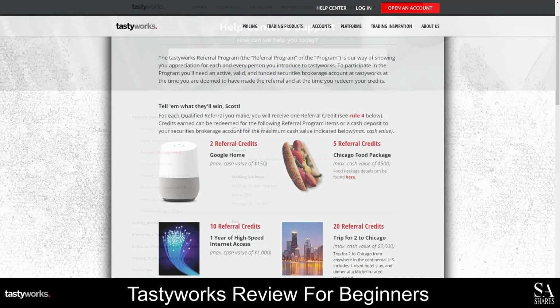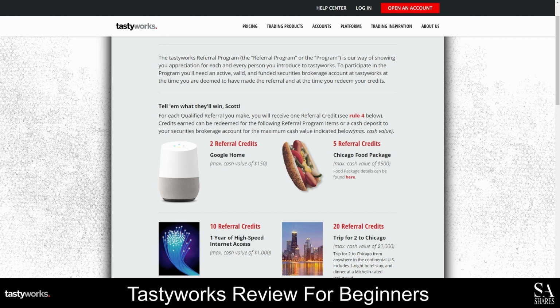Tastyworks offers an incredible referral program where you can either redeem credits for amazing rewards or request for the cash value to be deposited into your account. Some of these rewards include 2 referral credits, which can be redeemed for a Google Home device or a cash value of